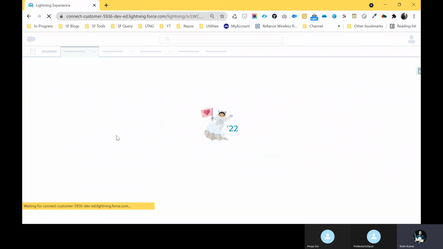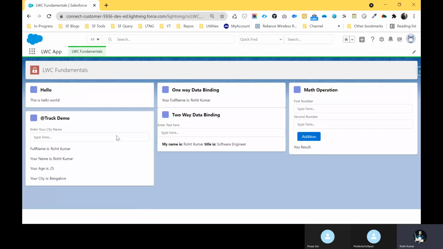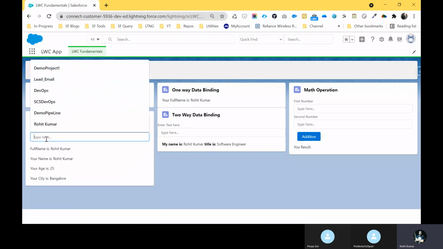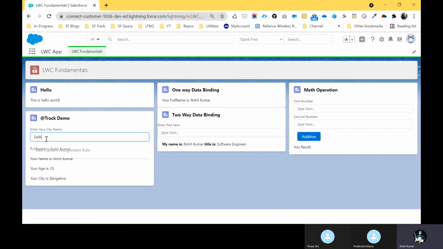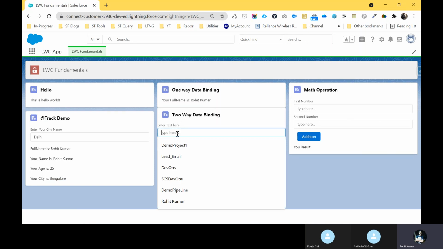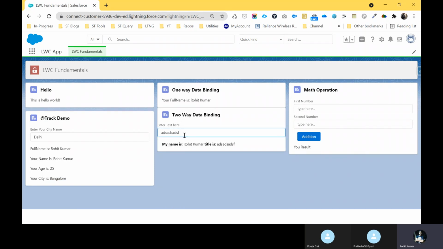Just refresh this page, and here you can see, enter your city name, right? So my city name is Delhi. Delhi is not changed here. Here you can see it's showing me Bangalore. Any issue? Because if you change something in the text value, it changes automatically here, right?